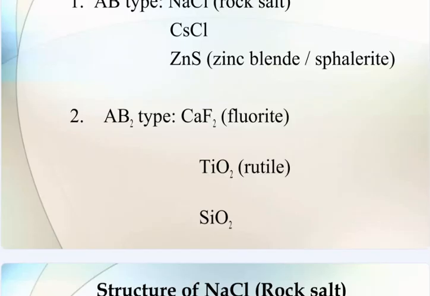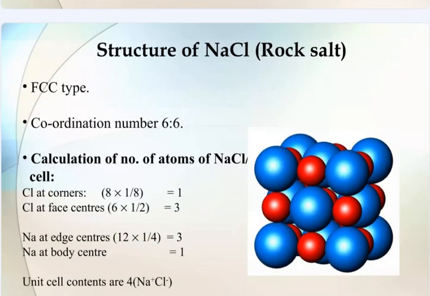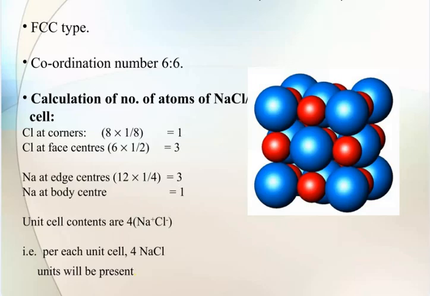Now structure of important ionic compounds: AB type, sodium chloride (rock salt), cesium chloride and zinc sulfide. AB2 types: CaF2 (fluorite), titanium oxide (rutile) and silicon dioxide. Structure of sodium chloride, rock salt: FCC type, coordination number 6:6. Calculation of number of atoms in the sodium chloride cell: chloride at corners and face centers gives 4, sodium at edge centers 3 and sodium at body